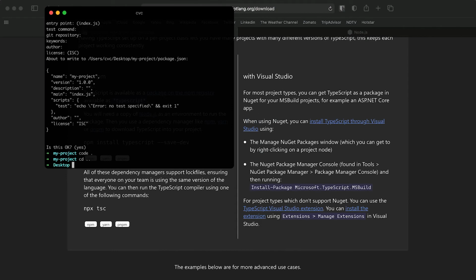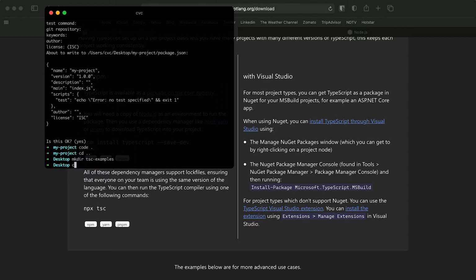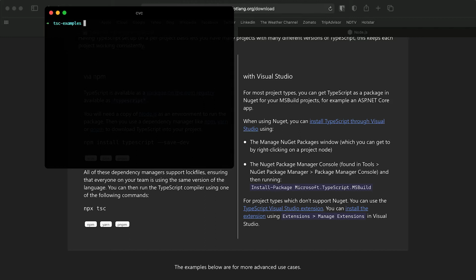So let me create one more folder, tsc examples. I don't have any file. Let me create one file, example.ts. This is a TypeScript file. So if I open this folder in VS Code,